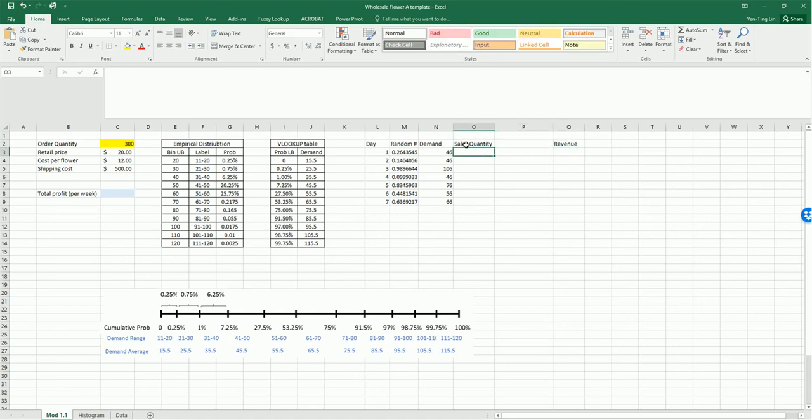Now let's calculate our sales quantity, which is simply the minimum between the actual demand and the order quantity for the first day, because on the first day we have 300 available. It's the minimum of those two because you cannot sell more than what you have or more than what the actual demand is. Revenue now is simply the sales quantity times the retail price. Fix a reference to retail price. Good. Now we move on to the second day,